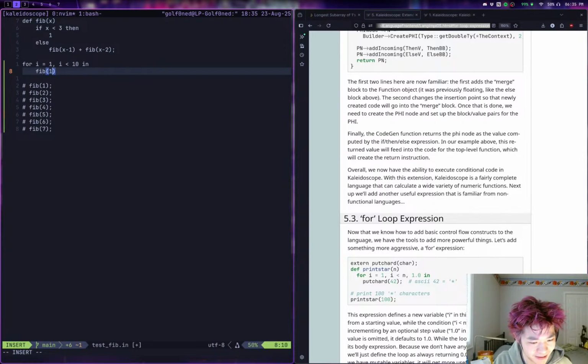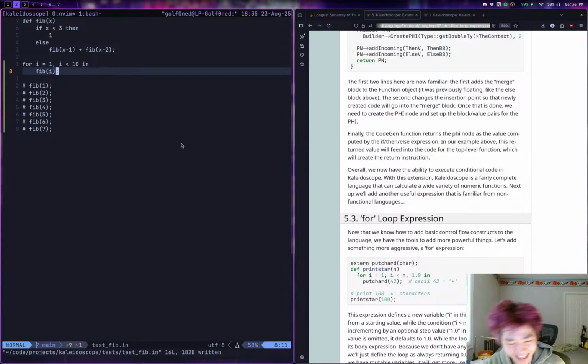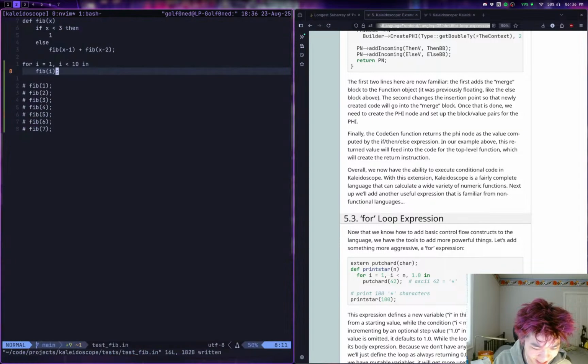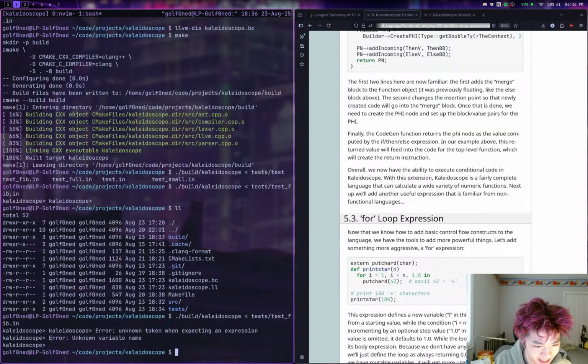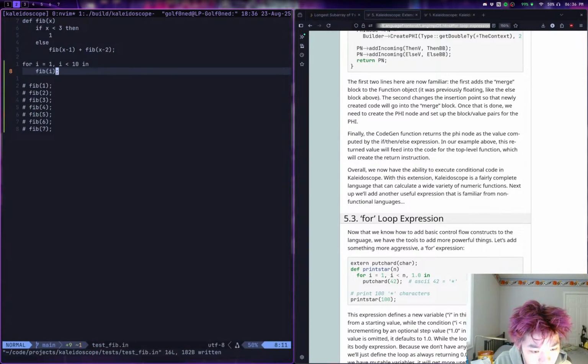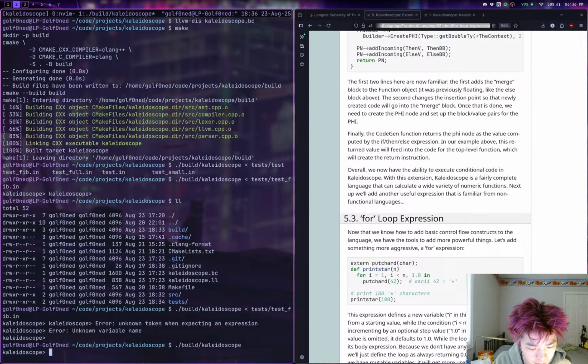Fib i. Okay, let's do this manually. Why is this breaking? Let's start simpler. So 10